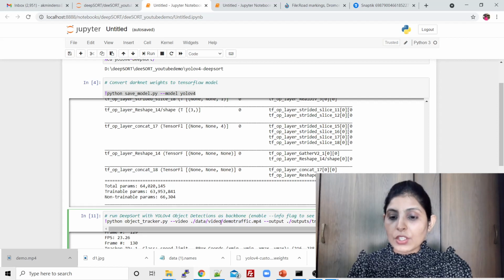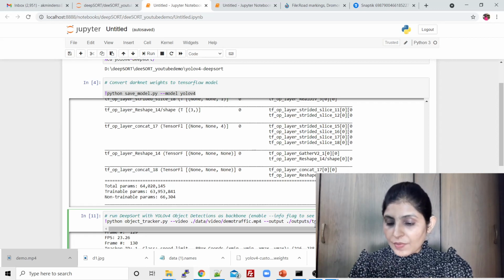My video is in the video folder, inside the data folder, and over there I have a file on which I want to perform the tracking. Using the output flag, I'm telling where I want to store the output video which has all the trackings. This should be the name of the output video where I have all my results, and the model which I'm using is YOLO V4.